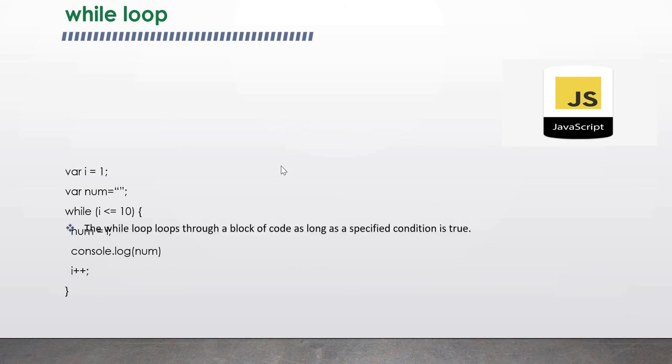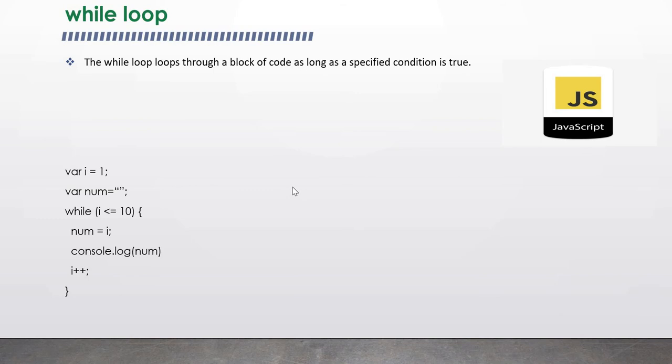So what is a while loop? The while loop loops through a block of code as long as a specific condition is true. Let's see the syntax. The syntax is there will be the while keyword. This is a keyword or reserved word, and in brackets there will be the condition, and this is the body of the while loop, the block of code you want to execute as long as this condition